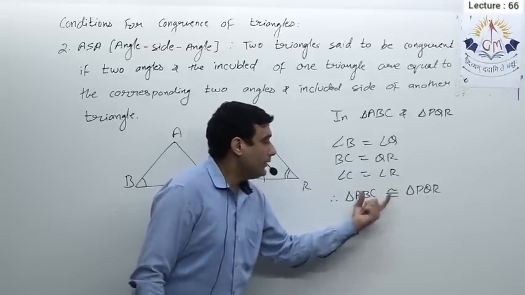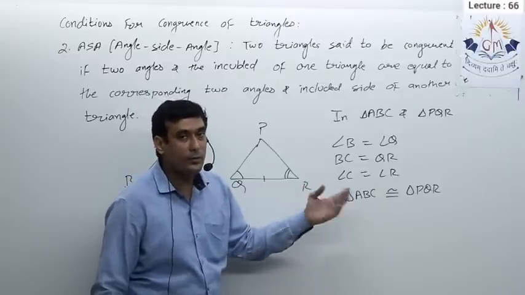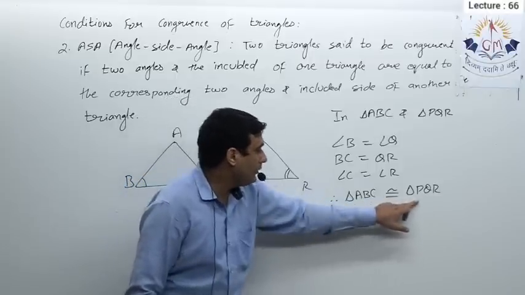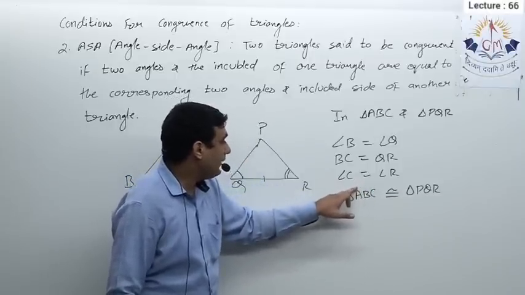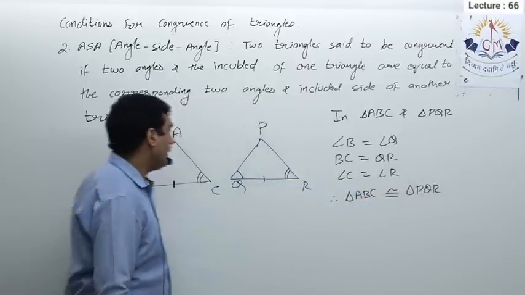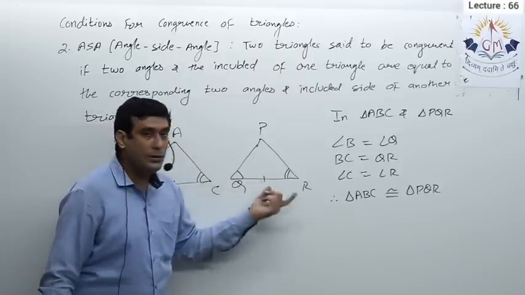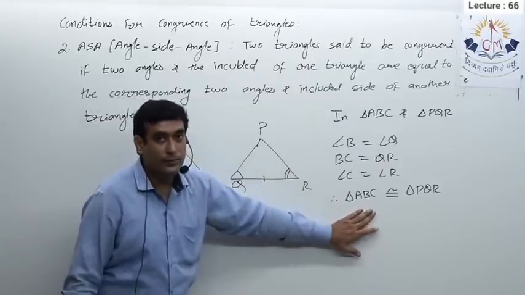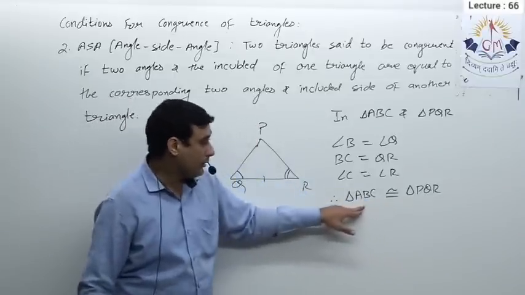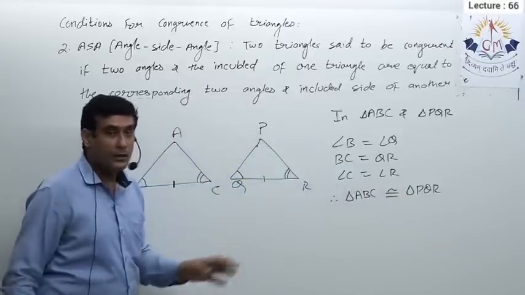With the help of the correct order, it is always easy to find the remaining parts of the triangles which will be equal to each other because of the congruency of the triangles. So AB equals PQ, as well as AC. If I take the first one and the last one, that gives me AC, here P and R. So AC equals PR. Again, I am repeating, the diagram is given in such a way that we can conclude these things directly without even using this. But suppose the diagram is a little bit complicated, then the congruency of the triangles, in the correct order, gives you the information about the remaining parts.